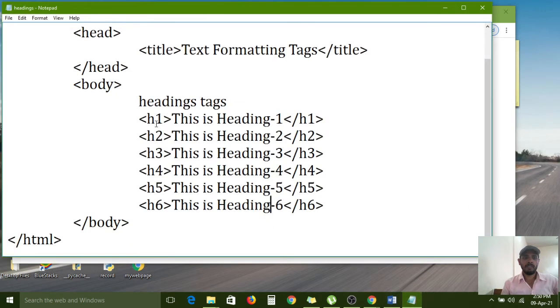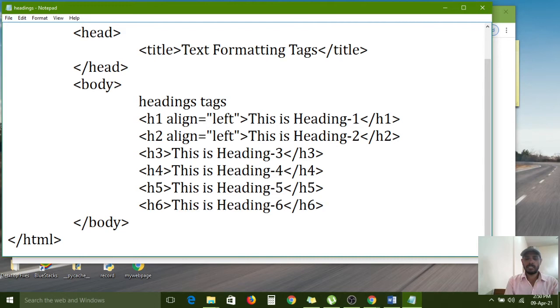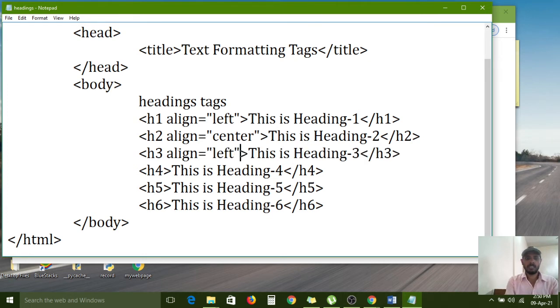Now again I am removing this one. You can also align everything. This is left alignment. By default it is left alignment, so no need to give it again. Now it is right alignment. For that I am copying and pasting. All are by default left alignment. But here now I want to change the alignment from left to center and also right.